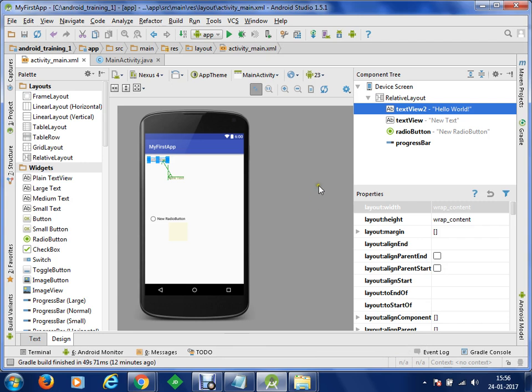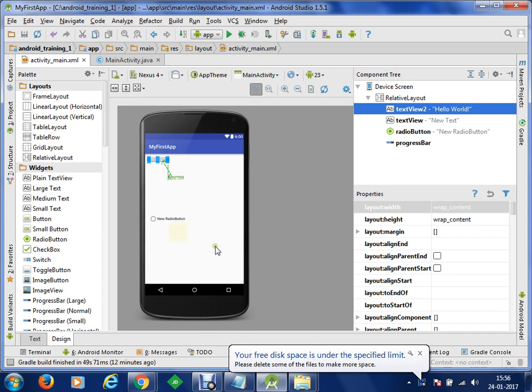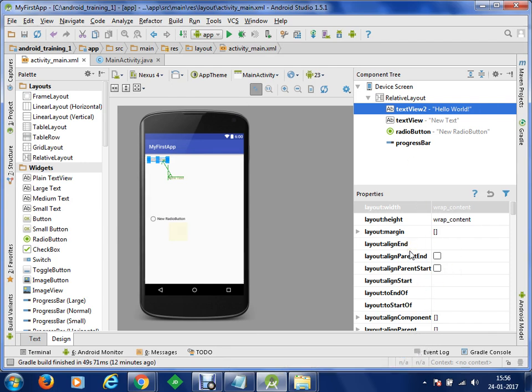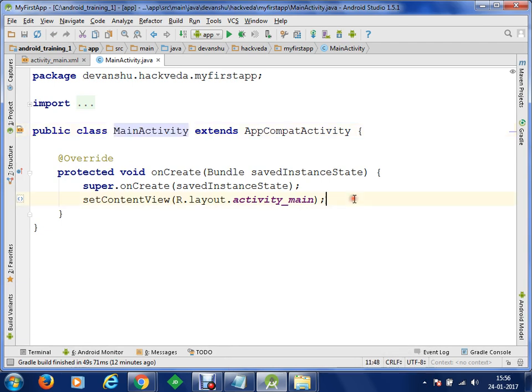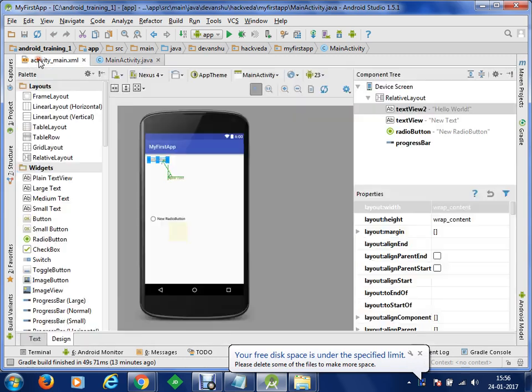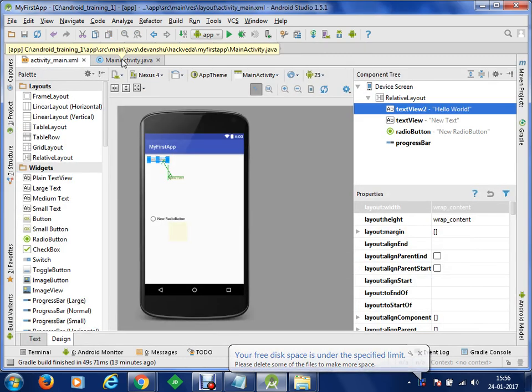Okay, so what we have is, let's say we have got an application wherein we have some controls available here and we have just dropped these controls and the controls can be accessed through component tree. And you have the properties here. Once you have designed the user interfaces, now you can write your dynamic Java based codes. And to do that, you have to go to your main activity.java. Okay, is that clear? So within this main activity, you will be writing your Android application codes based on Java. Is that clear? So this is the demonstration for creating an app in Android.